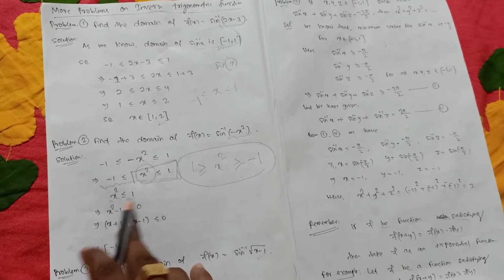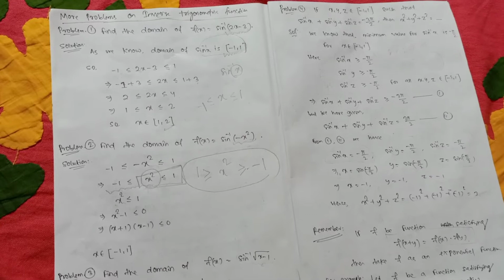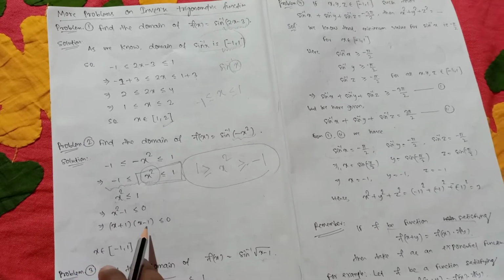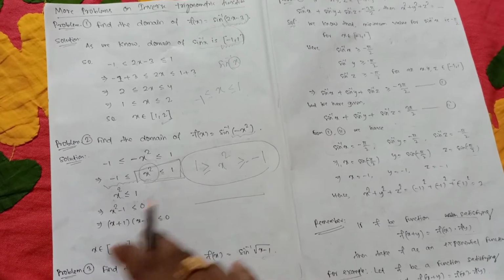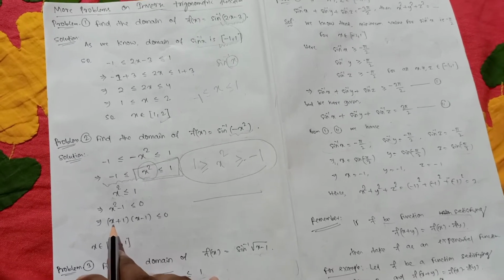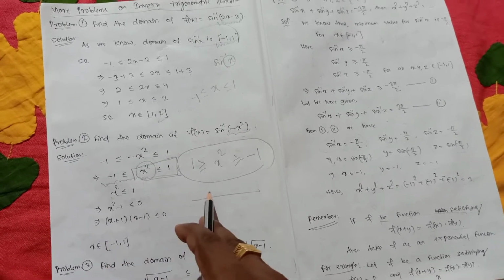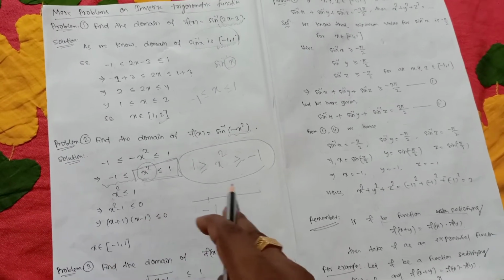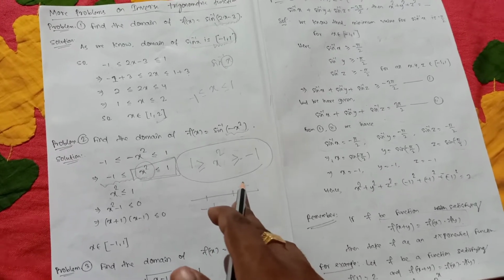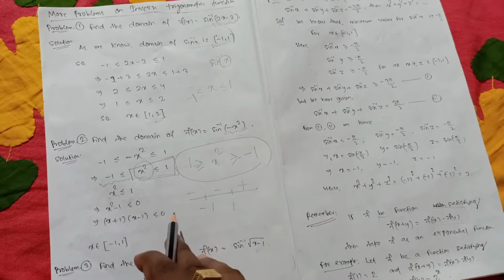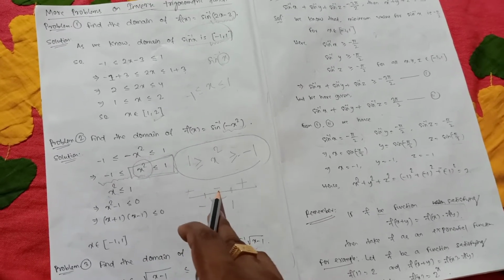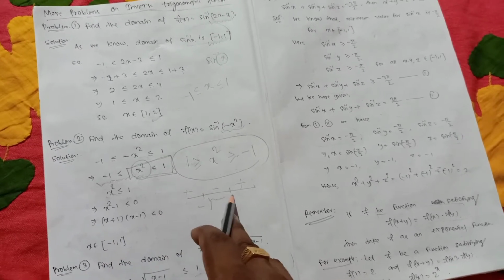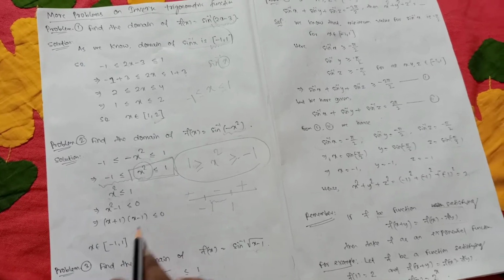So now it is a quadratic inequality. Remember how to solve a quadratic inequality. Just bring 1 to this side, factorize it as (x plus 1) multiplied by (x minus 1), and draw the real line. Now equate each factor to 0. If you take x plus 1 equal to 0, we get x equal to minus 1, here is minus 1. If you take x minus 1 equal to 0, we get x equal to 1. Now put plus, minus, plus. In this part the expression is negative, less than 0, so x belongs to the closed interval [-1, 1], because here you have the equal symbol.